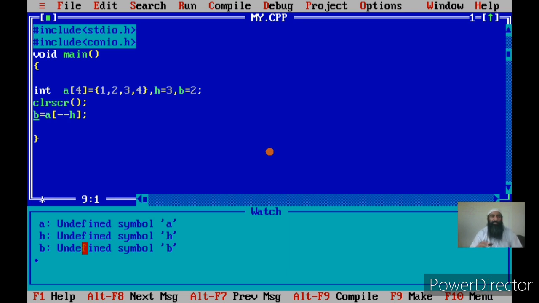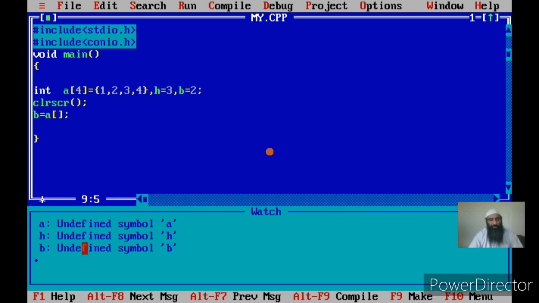There are many variations in which increment and decrement operators can be used, and if time permits, I'll show that from time to time. But here I will mention one more thing. As an array subscript, I'll be discussing that, but I'd love to say it here because it will be useful for you and you can do some exercise on it. In the array subscript we can use an arithmetic expression itself.